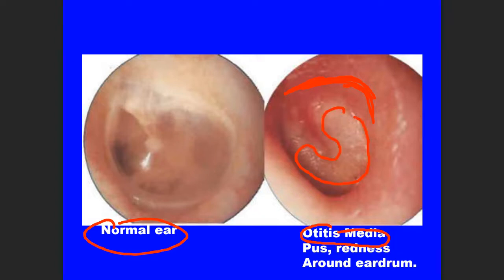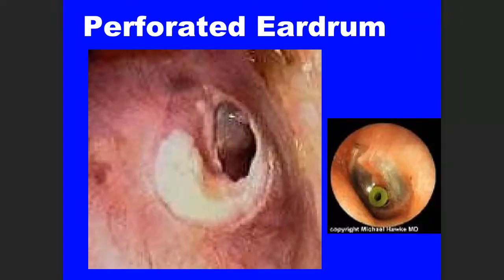The problem is that when a person has this infection in their middle ear, that fluid builds up and builds up and has nowhere to go. So pressure increases. And the more the pressure increases, if this infection is not treated, it could cause a perforated eardrum, which is a ruptured eardrum. So that's why treatment of middle ear infections is extremely important early on.